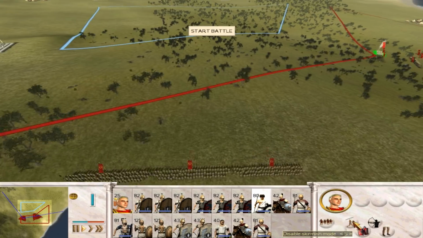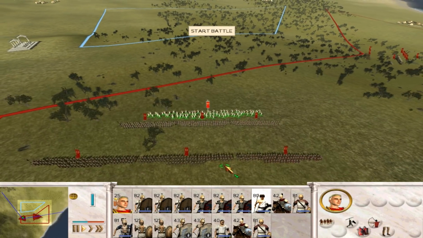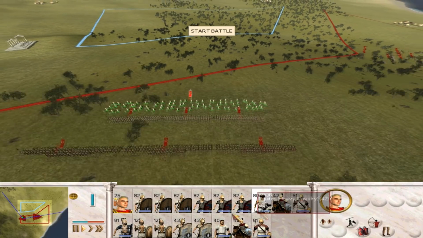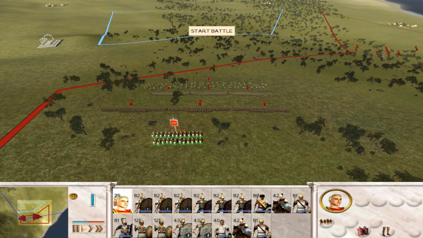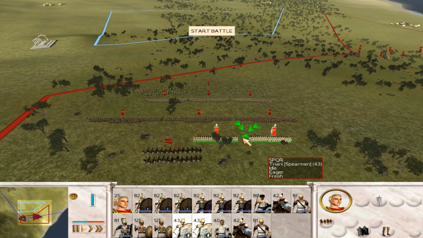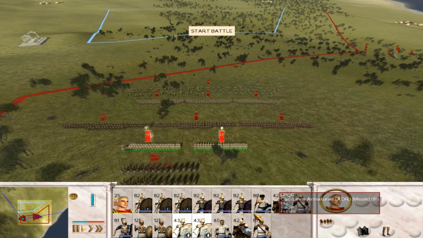I've got some Velites here as well. I'm going to put them up front, do a little bit of skirmishing. Put them in loose formation. Bring my general up here to help support my troops. Let's get our Triarii. We'll go in a standard Acies Triplex formation. Hastati, Principes, Triarii. And then I've got a whole bunch of